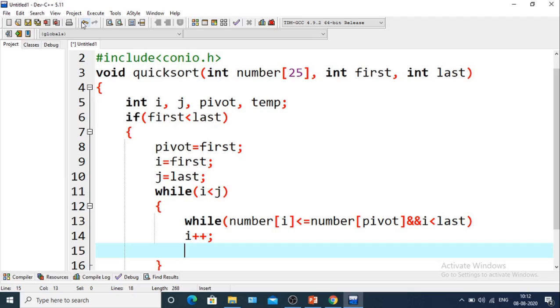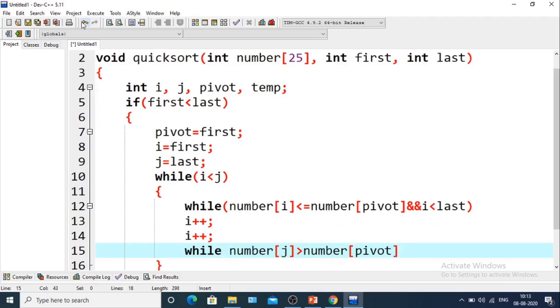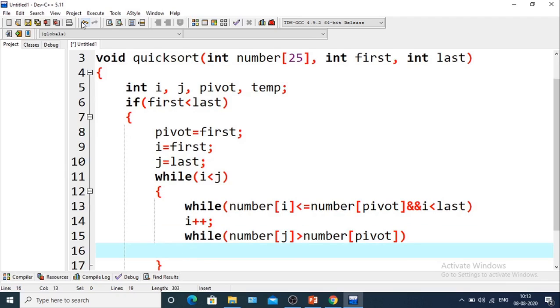And there will be another while condition, that is number of j is greater than number of pivot. Then j will be minus minus. So the value of j will be decremented.